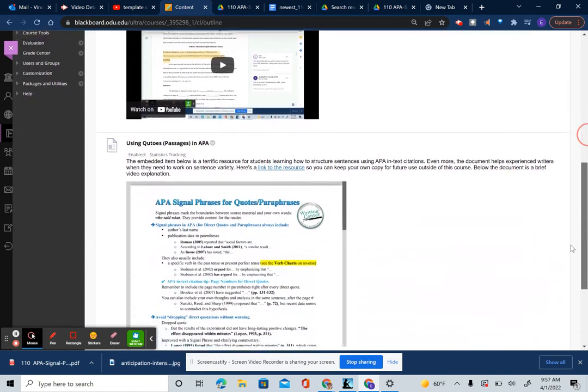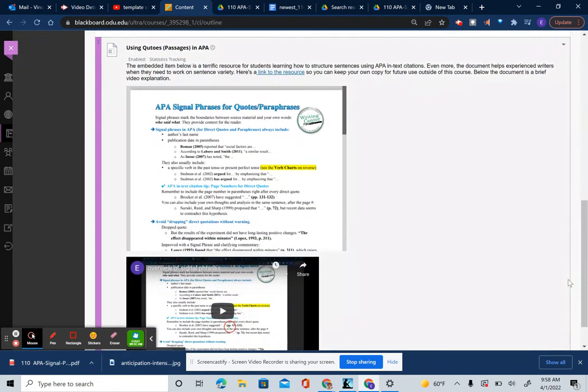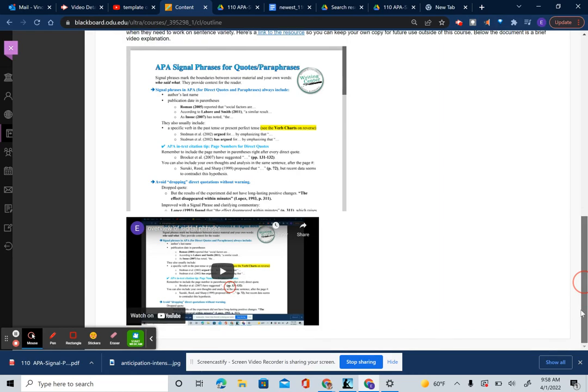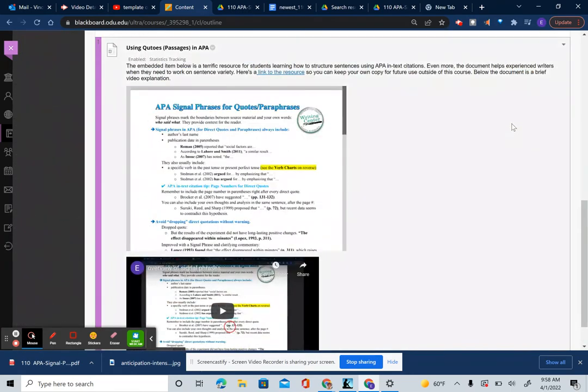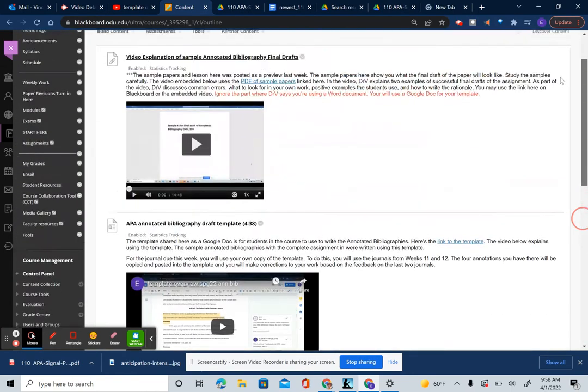And then when you get to the bottom, the other lesson is on writing sentences that have passages and quotes in them, because that's probably a challenge for most of the students in the class, if not all of the students. The other item that you're going to see here for this week